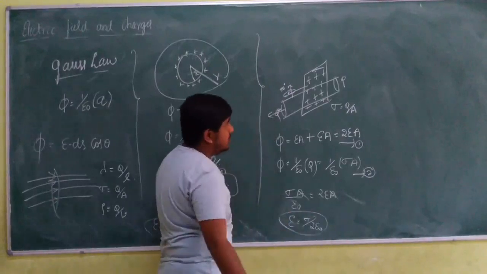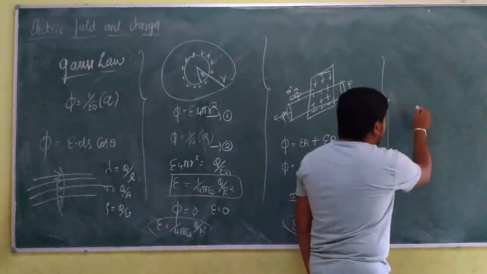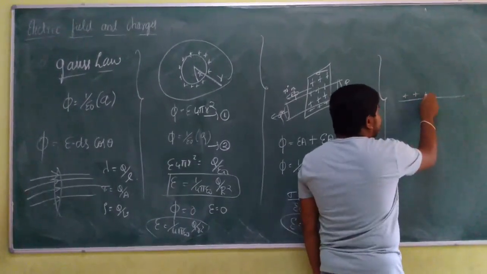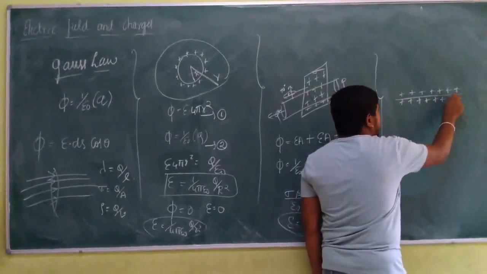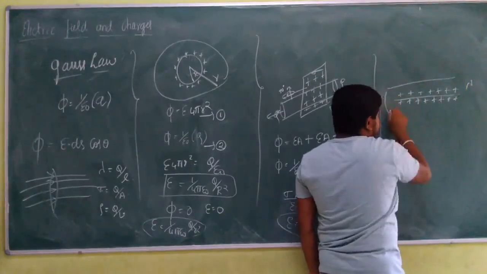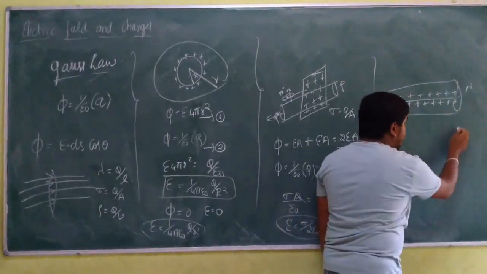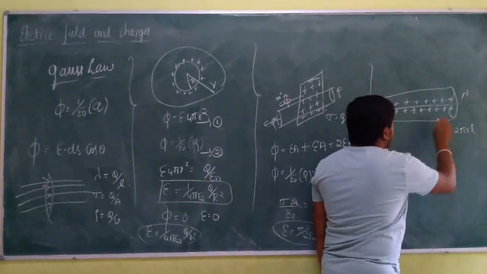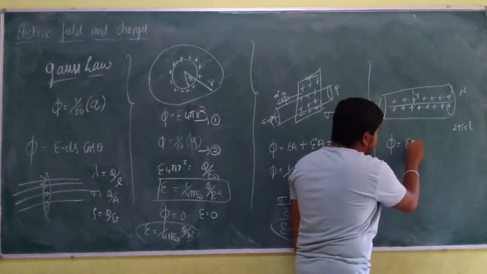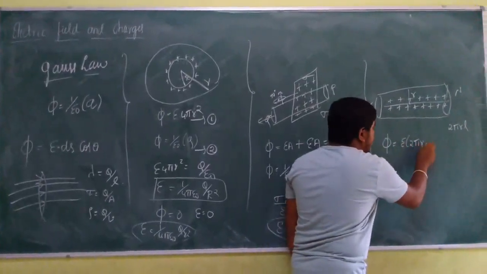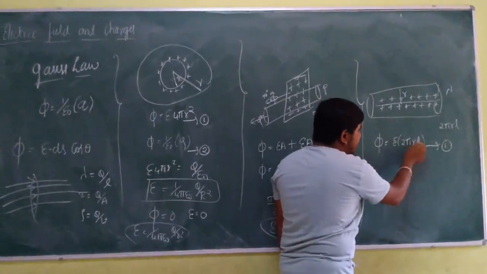And one more derivation is electric field due to a thin wire. This is the final one. Let us take a uniformly charged wire having linear charge density lambda. Let us take the Gaussian cylinder. Its area is given by the formula 2 pi r into L, where r is the radius of the cylinder. Flux is equal to EA cos theta, which is E into 2 pi rL. So we know the definition of flux. According to that, flux is equal to E into 2 pi rL.